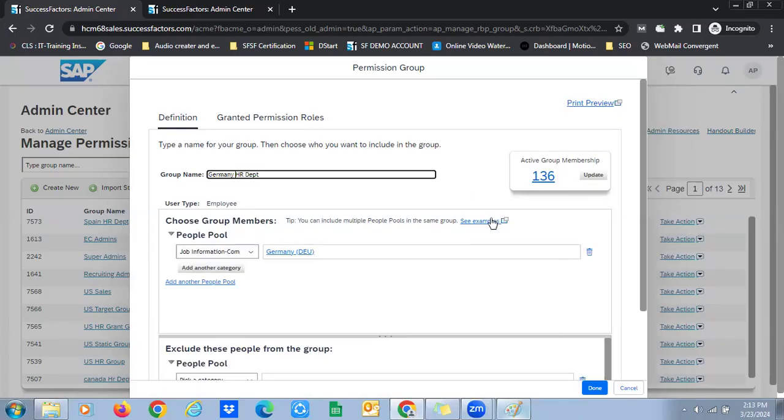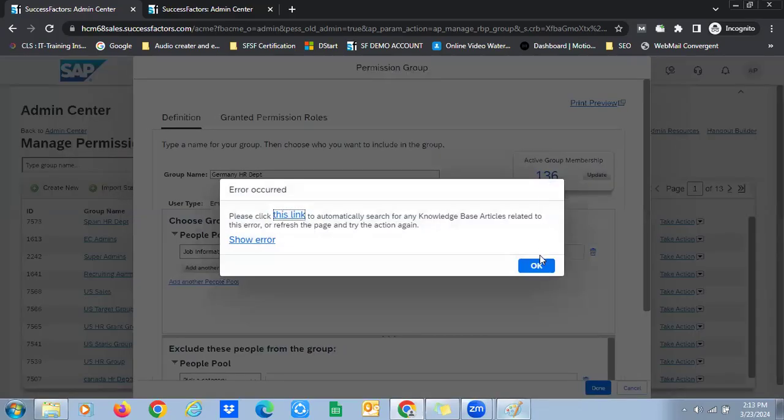So we have switched our scenario to Germany basically क्योंकि अब वो कौन सा employee that only SAP can tell. उसके लिए we need to create a SAP ticket and then wait for them, but then this is a demo environment, so they will not even respond. So okay, for Germany HR department, I have filtered based on country. So इस system में out of let's say 1,000, there are 136 employees who belong to Germany. If I click on this 136,